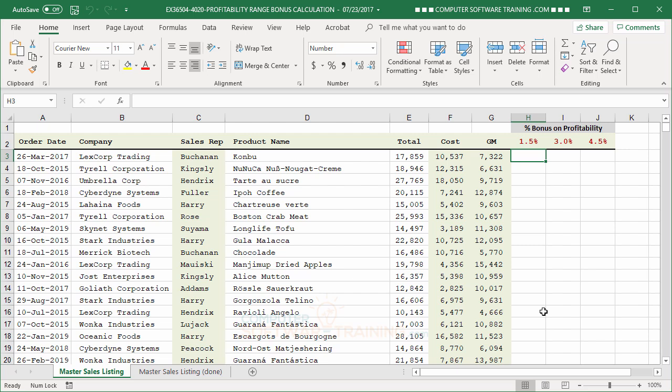All right? So the first variation is going to be that for the first column here, we're going to take that gross margin, multiply it by this amount, and then we can copy it down. And then we'll do the same thing for 3% and 4.5%. So let's do that first. So over here at H3, we'll start out with equal, and we'll say, okay, I want to take that number there